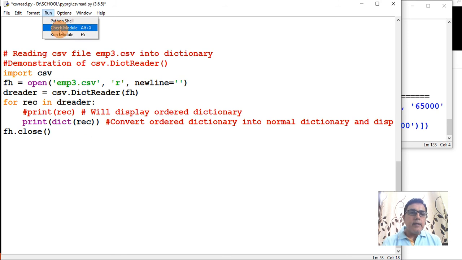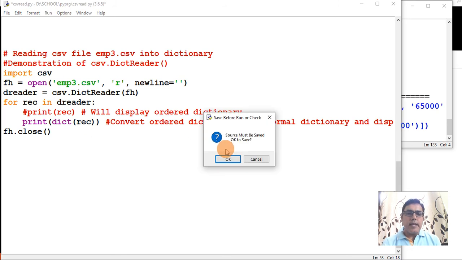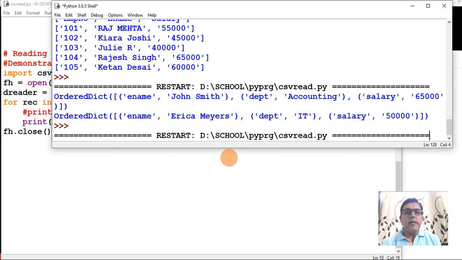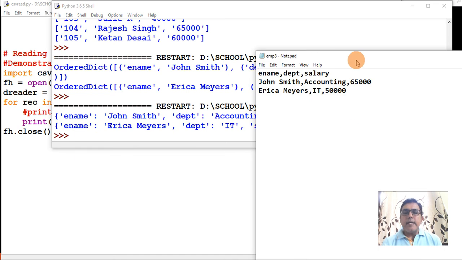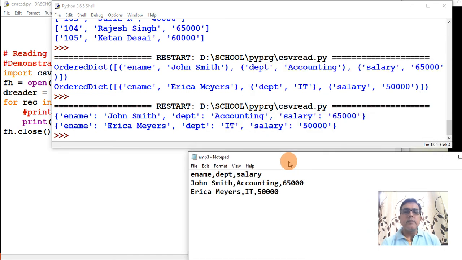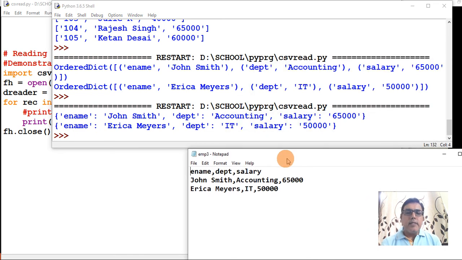If I run it again, you will see the data in the form of simple dictionaries. Now see what data it has read. It has read this data, right? Ename, department, salary, but it has created them into dictionaries and then displayed them.